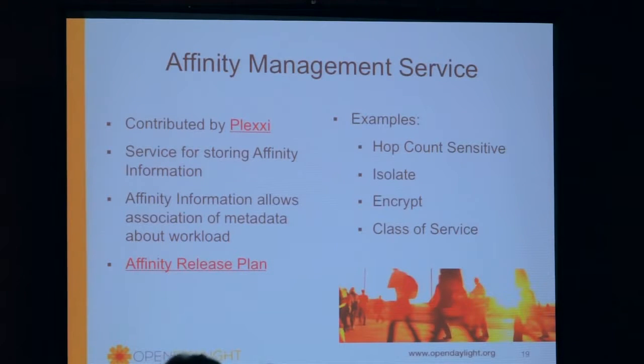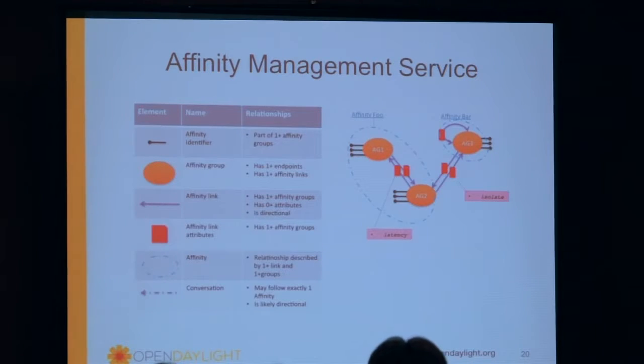So you can have applications that treat your traffic not in terms of the particular headers that you have, but in terms of the particular characteristics that you've assigned semantically to it. They have a very basic model that allows you to effectively say, I've got certain kinds of traffic, I pull them together in groups, there are relationships between the groups, and I'd like to apply attributes to those relationships, so that if, for example, I have a group for my web tier servers, and a group for my database tier servers, I can apply some attributes to how I would like the traffic between them to be treated.